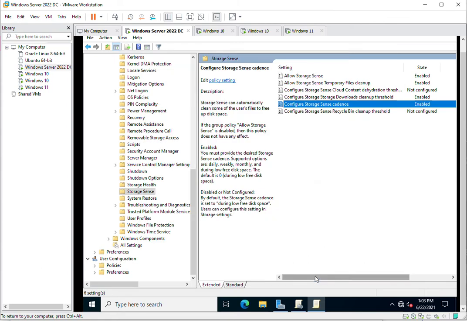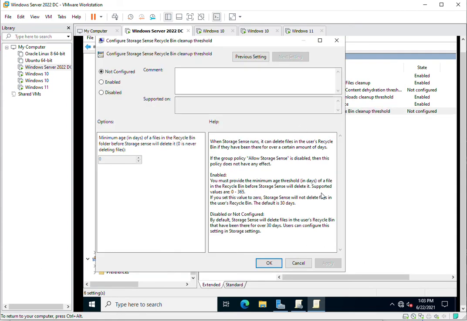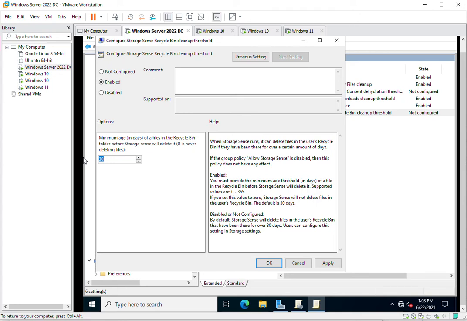Now apply, OK. Here you can enable it for the recycle bin management. Suppose you have deleted any files and you want to manage the recycle bin through the storage sense, you can specify the minimum age of files in the recycle bin folder before storage sense will delete them. 0 is never deleting, because if you configure 0, storage sense will never delete the files from the recycle bin.